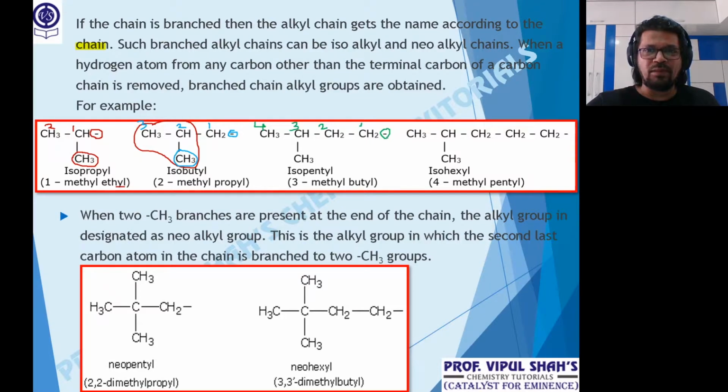Everybody clear why butyl? Because one valency is short. Next one, isohexyl. 6 carbon atoms. Branch carbon is attached to 2 methyl. So we number like this: 1, 2, 3, 4, 5. And at 4, there is an alkyl, that is methyl. So 4 methyl, skeleton of 5. So that will be pentyl. Clear? This is 1.